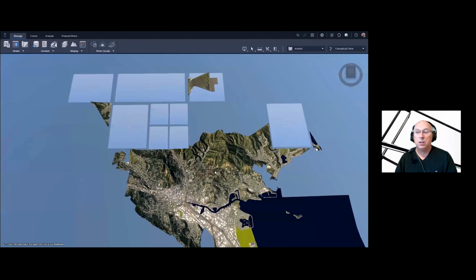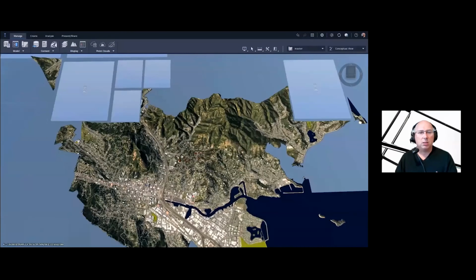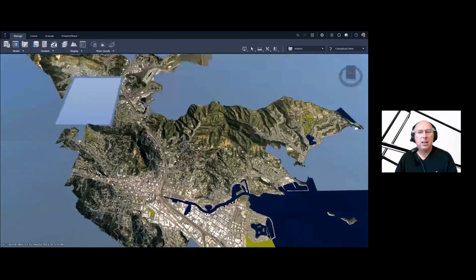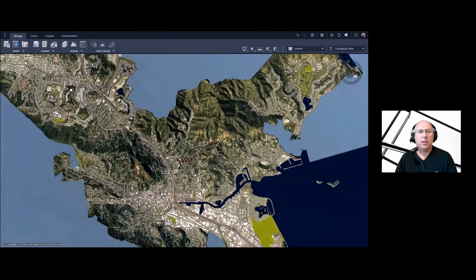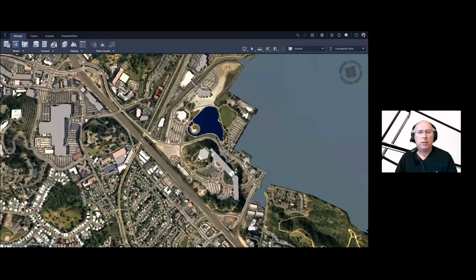And there it is. So what happens is it caches all the tiles initially. So as you tilt it, it starts loading them really quickly. And you can see the outline of all the data that we downloaded. And you can see it actually clipped that polygon that was San Rafael. So we've done that. It's been clipped. And as we zoom in, you will see those tiles start to fill in as we zoom and pan. Yeah, see, those tiles are all filling in and they should be all loaded now. There we go. So let's just zoom in to where the headquarters are in San Rafael of Autodesk.